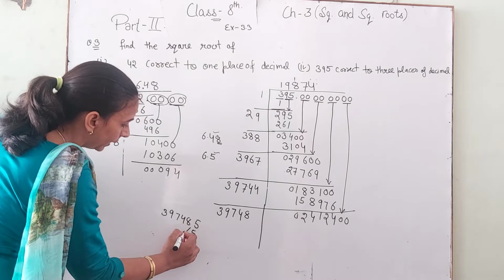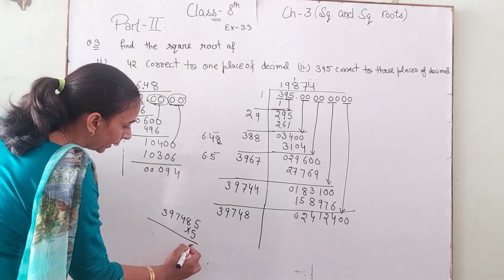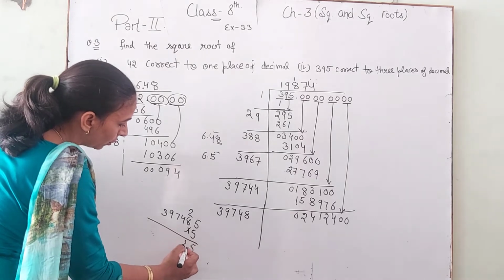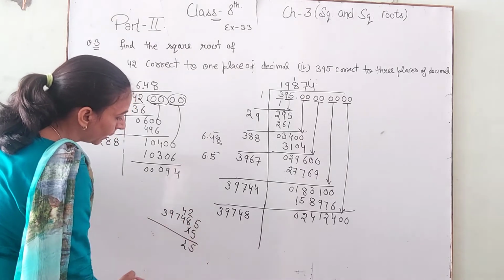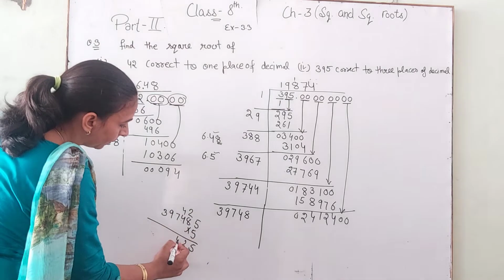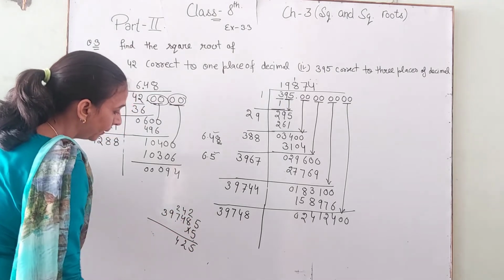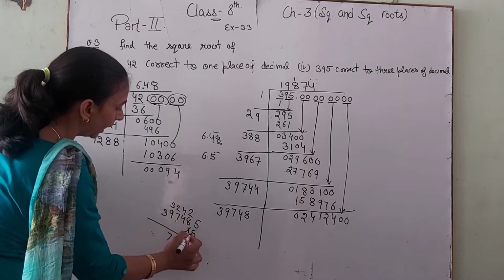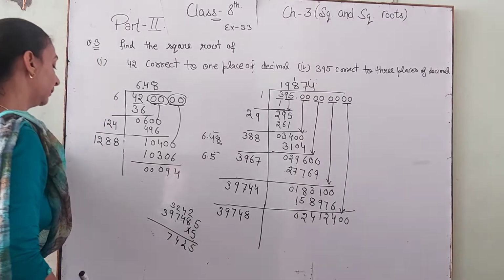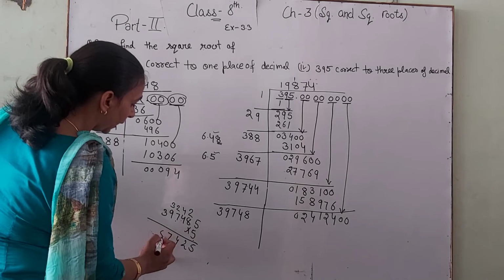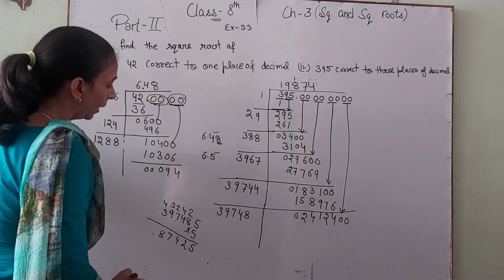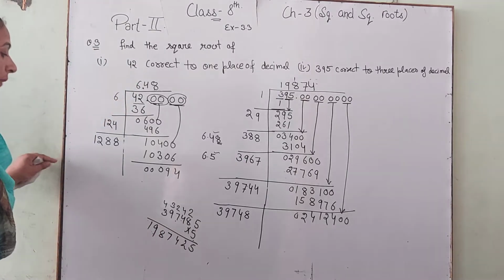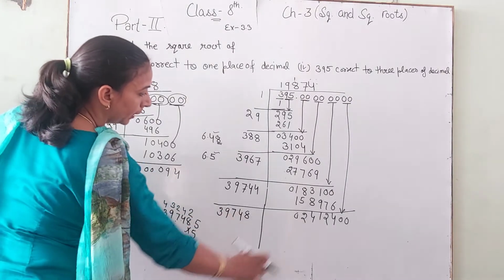First we check in the middle. 5 5s are 25, then 2. 8 5s are 40 and 2, 42. Then 4 5 4s are 20, 20, 24. Then 2, 7 5s are 35, 37. Then 3, 9 5s are 45, 48. Then 4, 5 3s are 15, 15 and 4, 9. Okay. And this is less than 24.